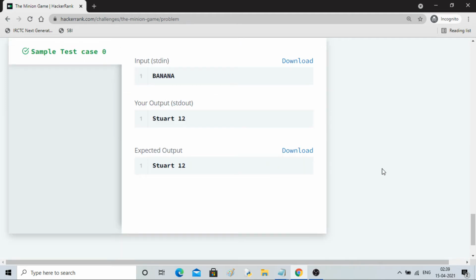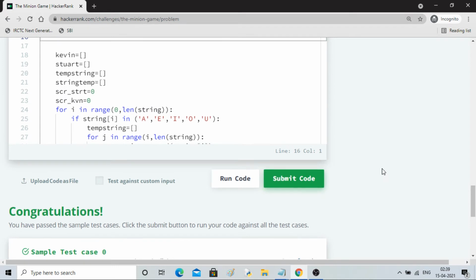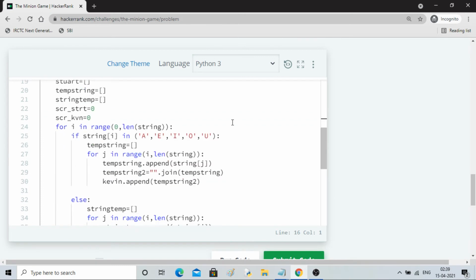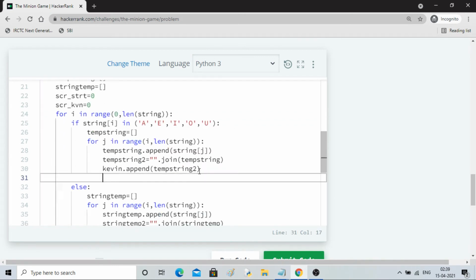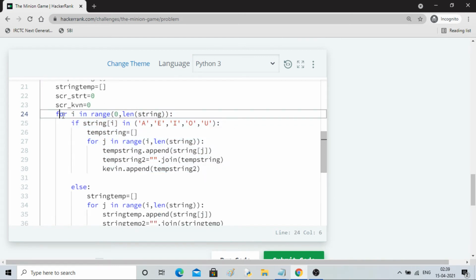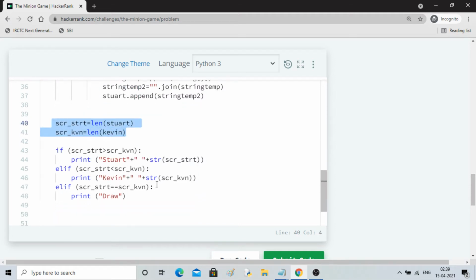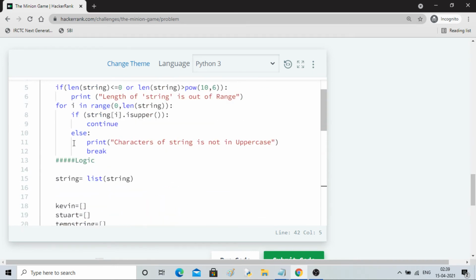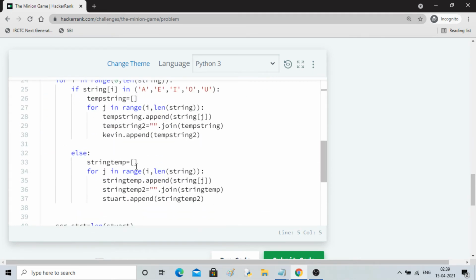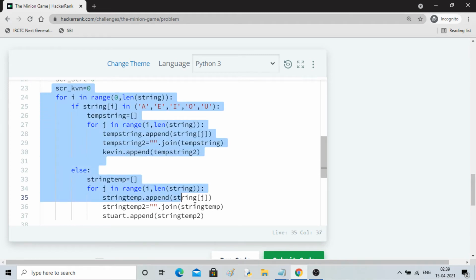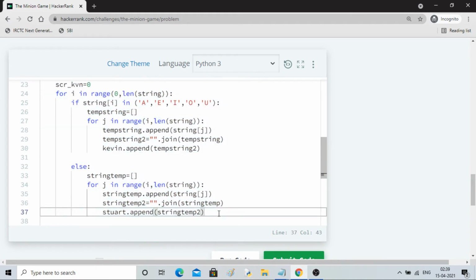So our sample test case is passed. Now you can't submit this code because see that here we are heavily consuming for loops. See, these guys are taking a lot of time. This is fine, right? Calculating the length, these are just if else statements, and here also if you see this checking, the only thing consuming a lot of time is these guys. So you know what,